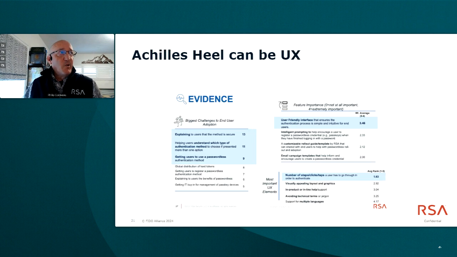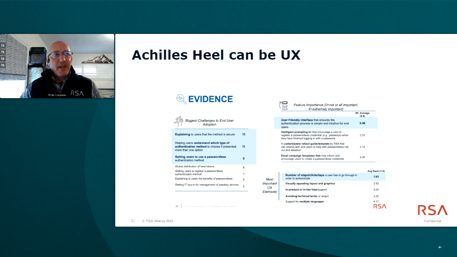So the other thing is, because this is the UX working group, this is a pretty strong statement that I talked to the panel about before I say it, but UX can be your Achilles heel. Your adoption of anything, whether it's passwords, whether it's SMS OTP, whether it's passkeys, doesn't matter where you are as we move to more secure ways of getting people to authenticate. If you don't have a smooth, frictionless user experience, you are going to run into problems